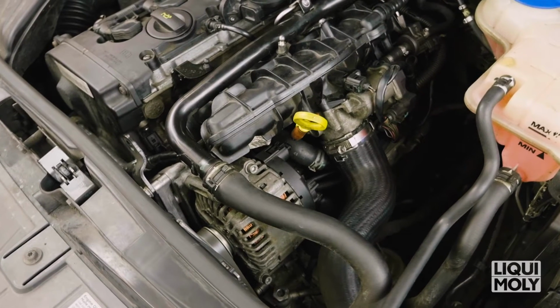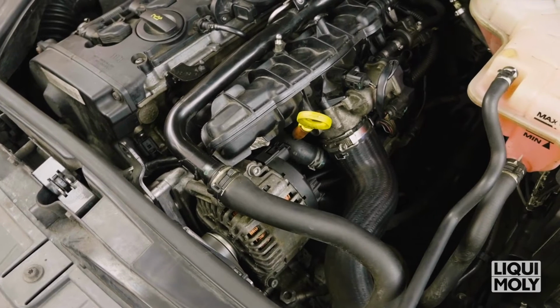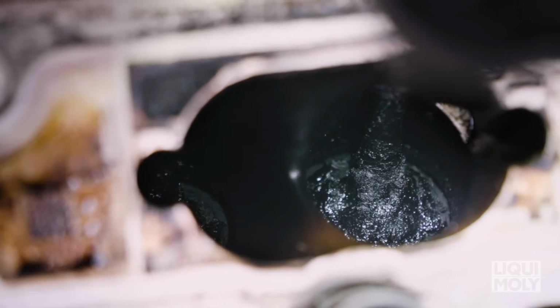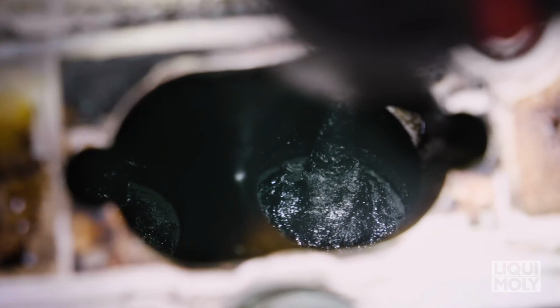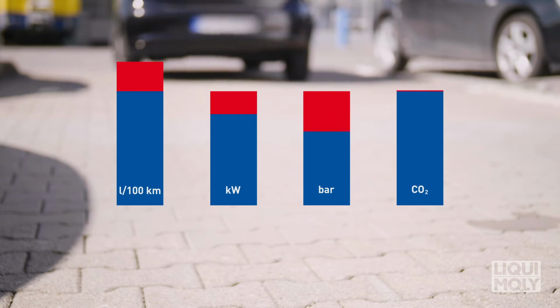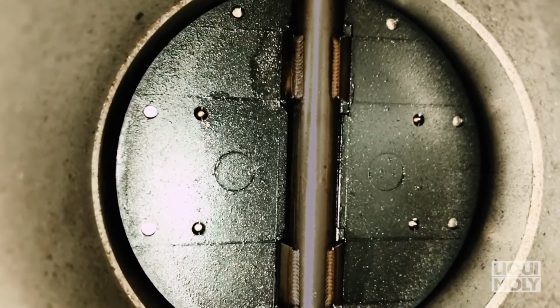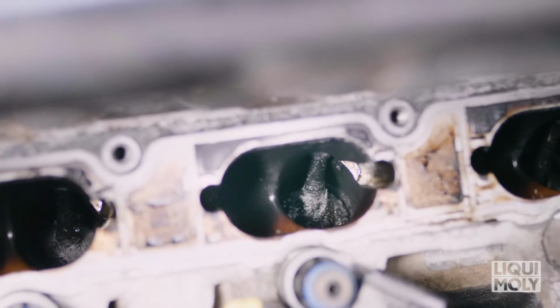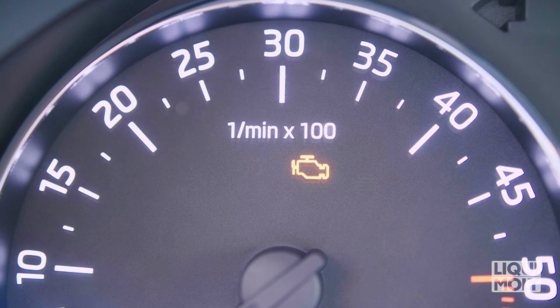Due to contamination caused by exhaust gas recirculation and crankcase ventilation, over time, oil and resin deposits form in the intake area of gasoline engines. This buildup will have a negative effect on fuel consumption, performance, compression, and emission values. These deposits building up inside the throttle valve, intake manifold, and on intake valves can, over time, lead to expensive